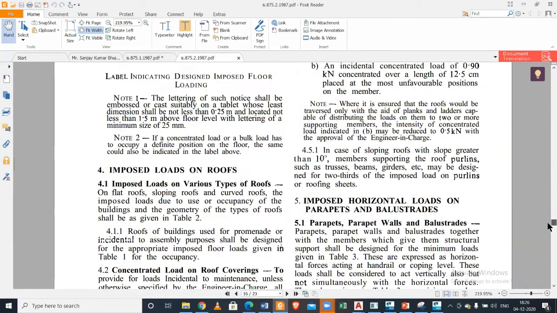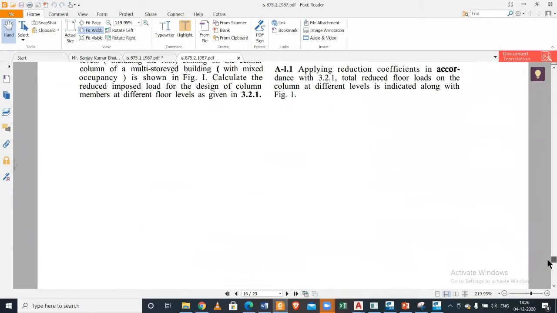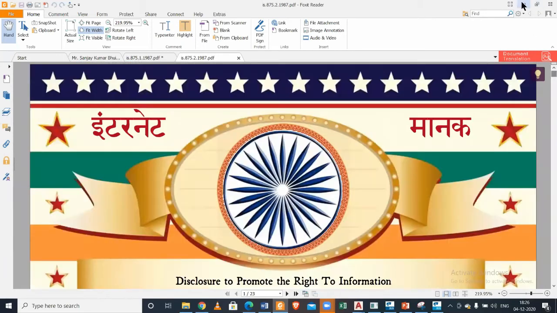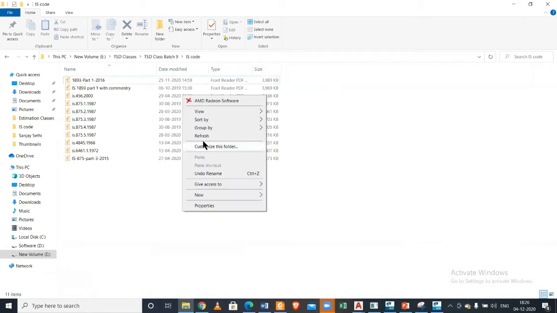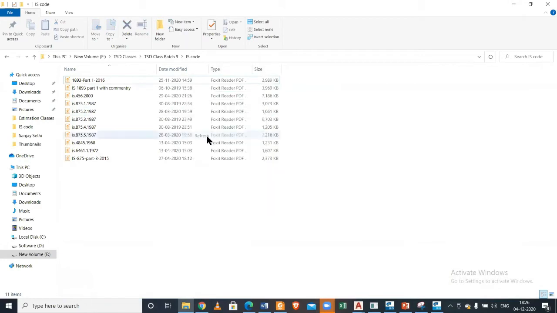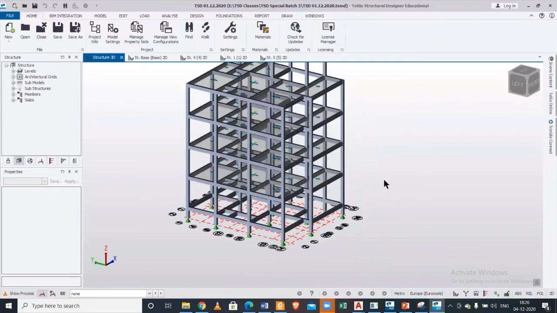Part 2, that is the load for your imposed load. And after we discussed the vertical loads, we can assign the vertical loads first, and after that we'll go with the seismic load and the wind load. Okay, so let's go to the plinth level. We'll assign our